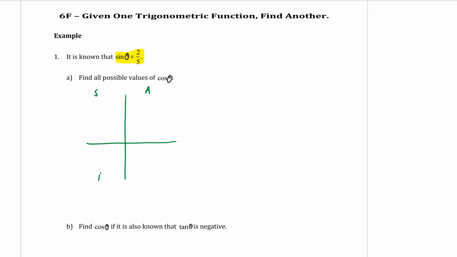Today we are doing 6F, which is given one trigonometric function, we want to find another. So in example number 1, it says it is known that sine theta is equal to 2 over 5. Find all the possible values of cos theta. Using our diagram for all stations to central,